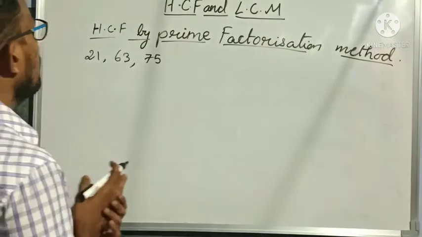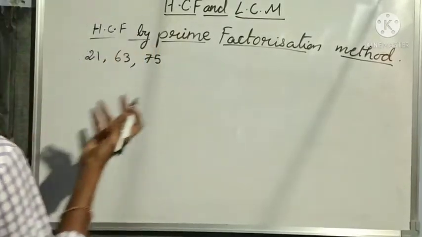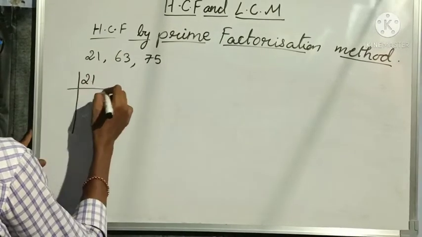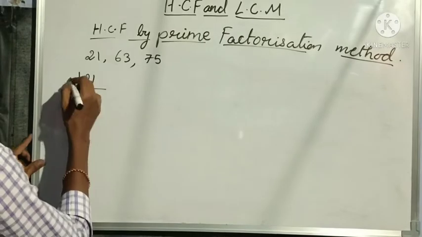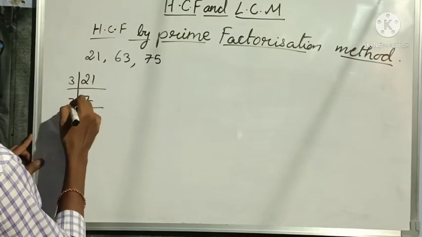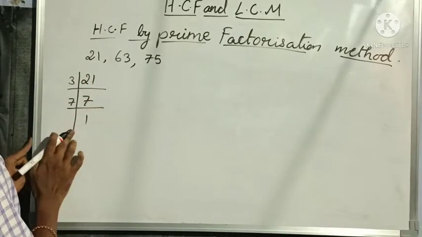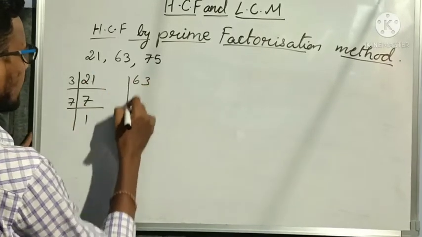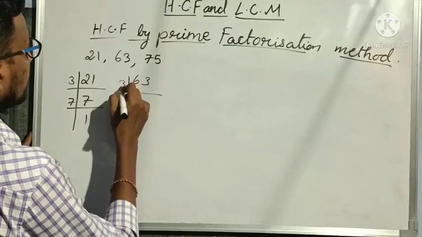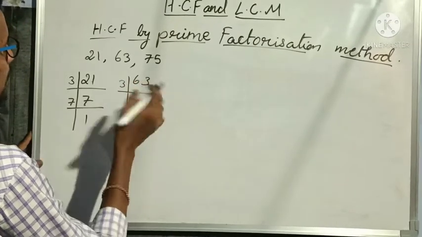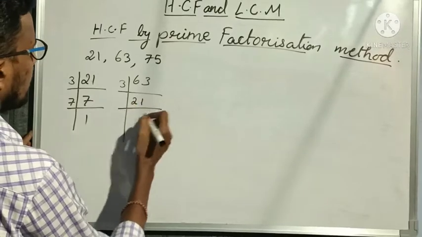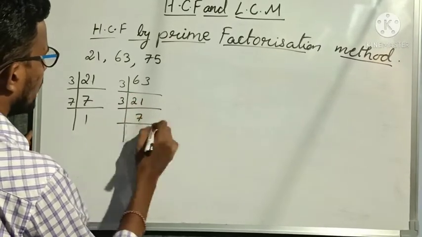So let us find out now. Whatever numbers we want we can take, but it is not always possible with the same one, so first I am taking 21. 3 7s are 21, 7 1s are 7. Why not the 2 table? Because this is not an even number, right? Again 63: again the 3 table, because 63 is not even, so not divisible by 2. So 3 table: 3 2s are 6, 3 1s are 3. So again 3 7s are 21, 7 1s are 7.